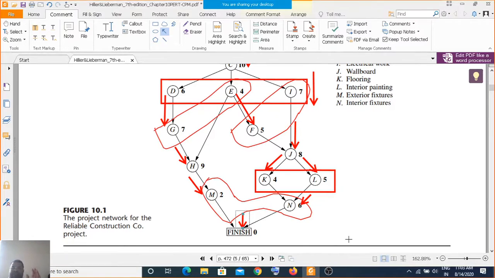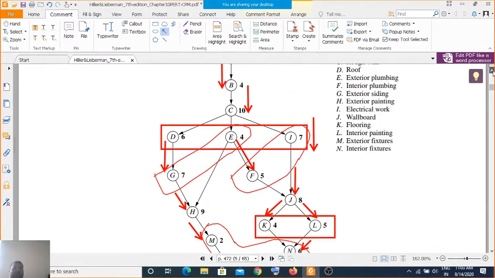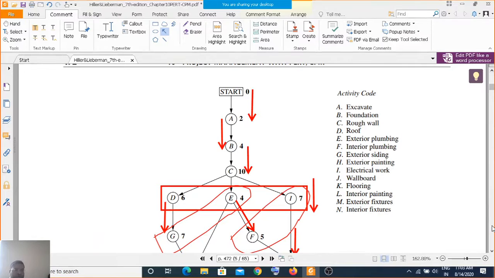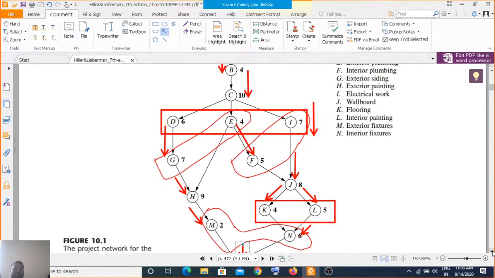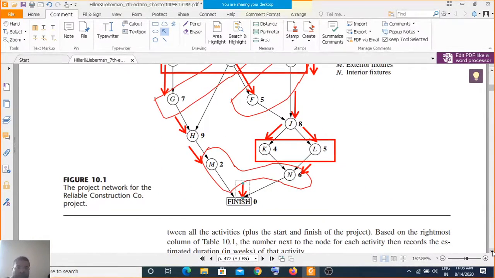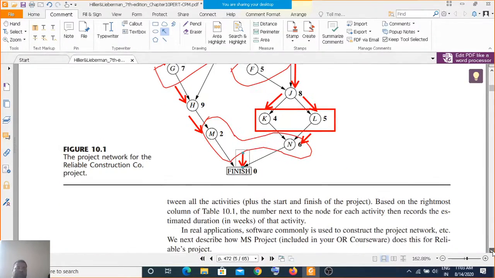So this is the simple CPM, critical path method, project network diagram. So you have the start. Building a CPM or PERT is not a very difficult thing. This is how the CPM is built.